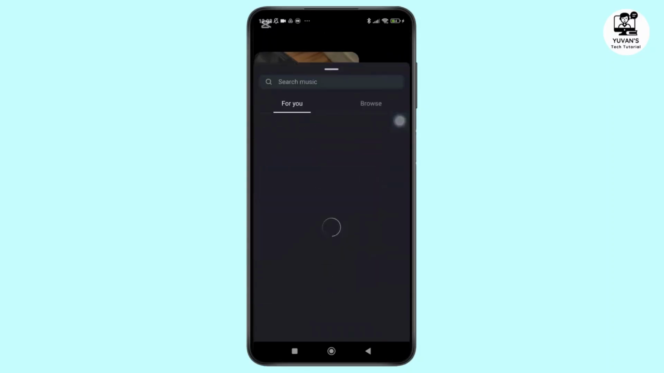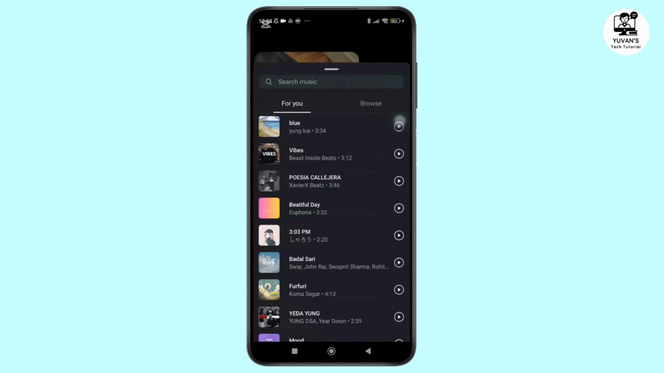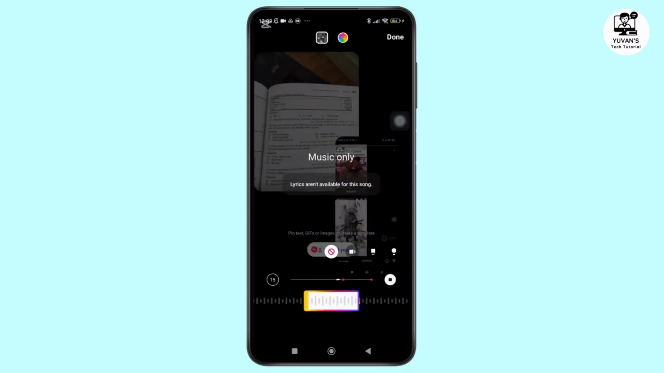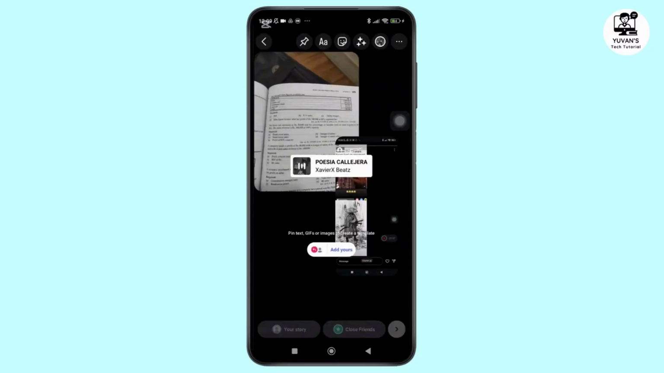And now it's time to add music. So simply click on the music icon at the top, and from there simply select the music that you want to add. And once selected, you can decide whether to add just the music, display lyrics, or include it in your story. For this video, I'll only choose music, and once you're happy with everything, you can simply tap on